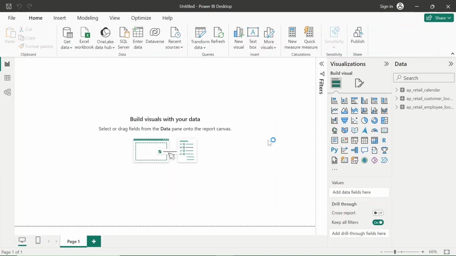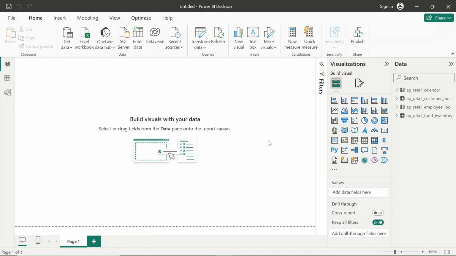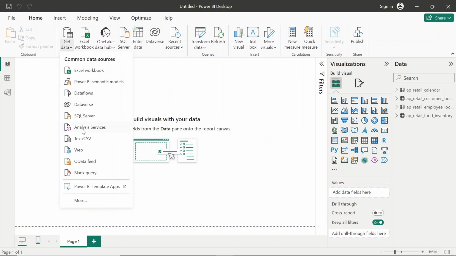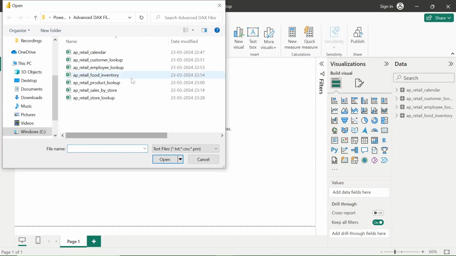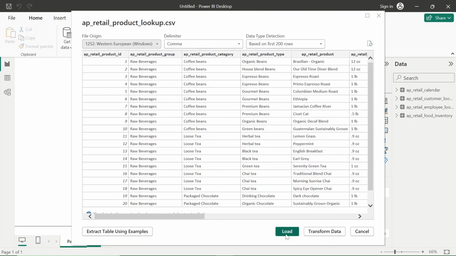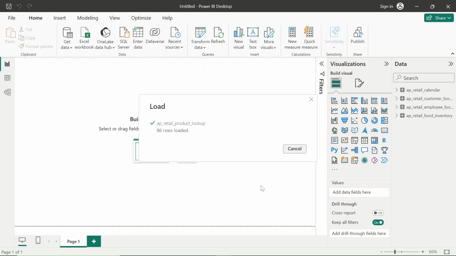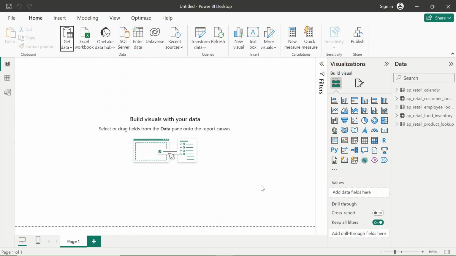Food inventory data has been loaded. Let's load another one. Let's load product related data. The AP retail product lookup CSV file has been loaded successfully.